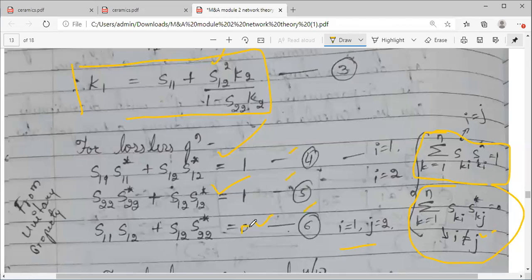Actually, here also you will probably get two zeros, so two equations. Consider any one, because two ones will come and two zeros will come. So you'll get this. So these are three equations I got.